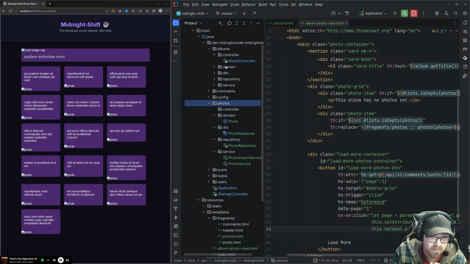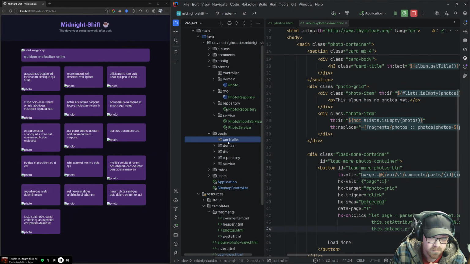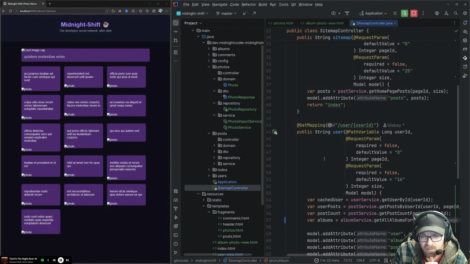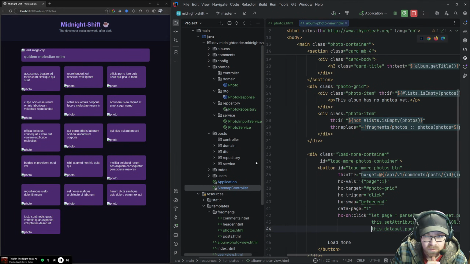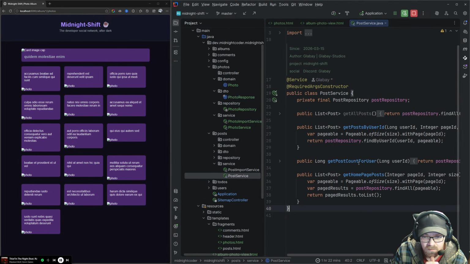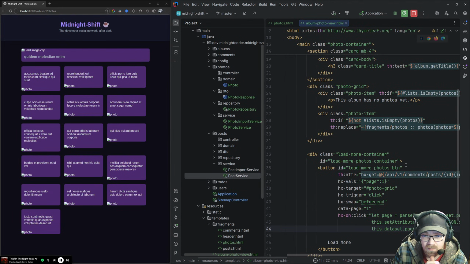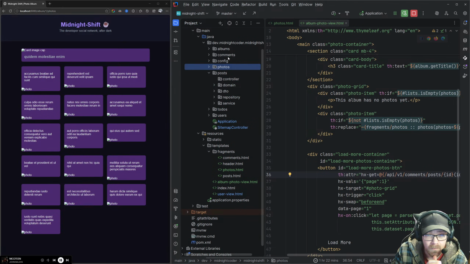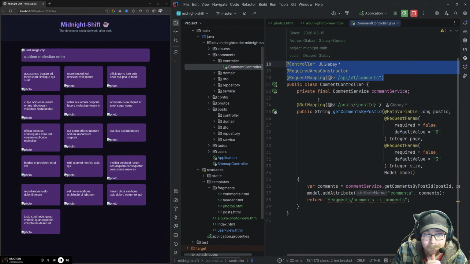So for that, I'm going to mimic the, maybe I'm not going to mimic the post. Oh no, I think it was the post service. No, because it was the posts. No, it's a comments post. That's the comment controller. And this is just a straight up controller. Okay, that's what that is.